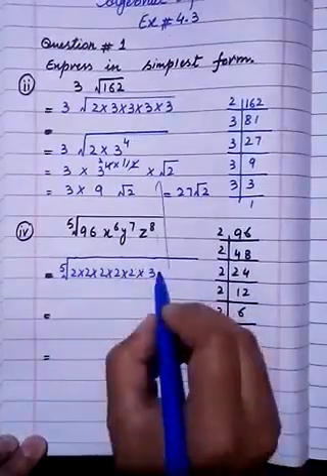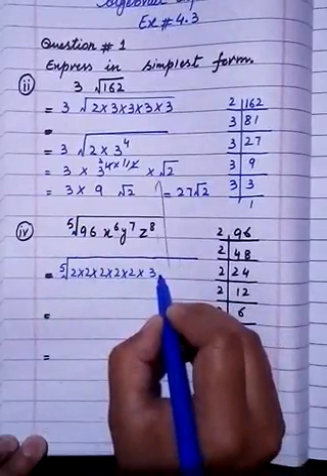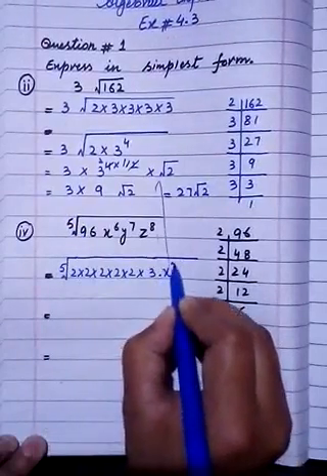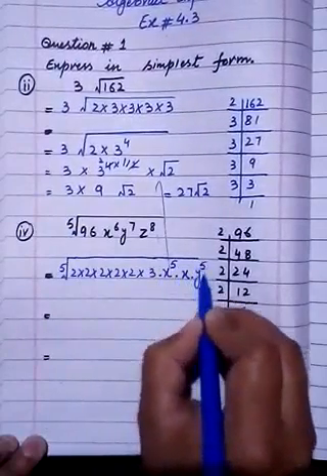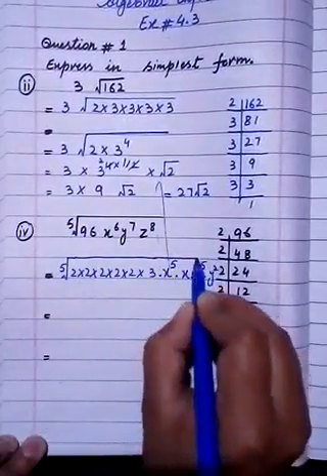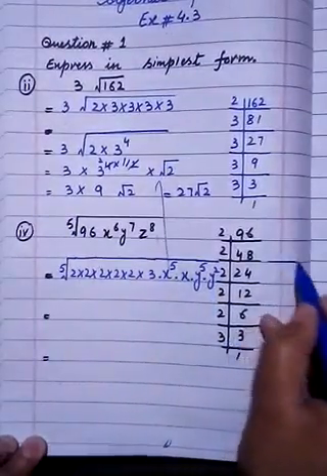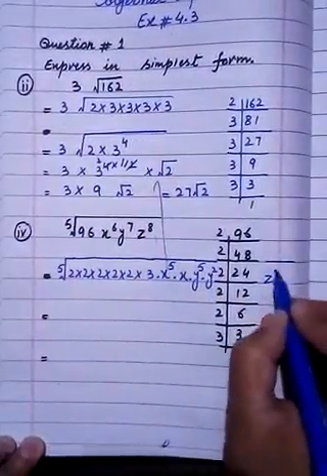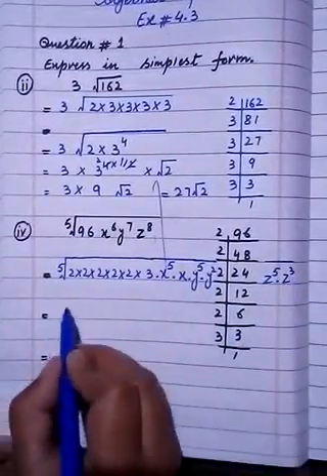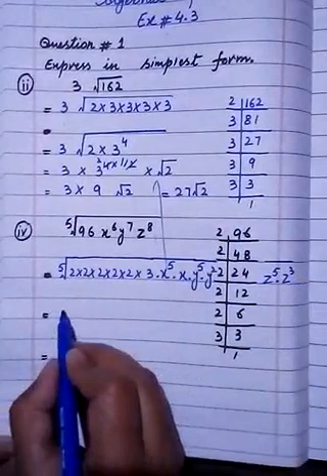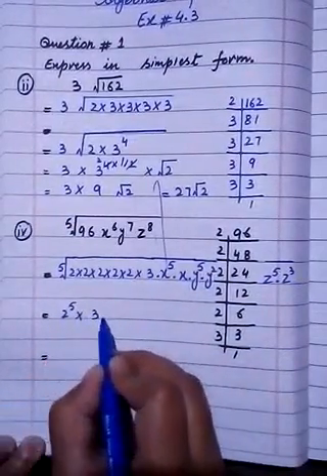Now x raised to power 6, its index is 5, so you have to make factors in 5 form. Now x raised to power 5, 1 x will be separated. y raised to power 5 and y raised to power 2 will be separated. There is no space, so I will write here. Now z raised to power 5 and z raised to power 3 will be separated. Now 2 raised to power 5 you can write here. 3 is just alone, so write here.